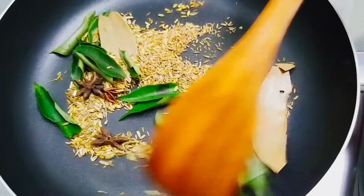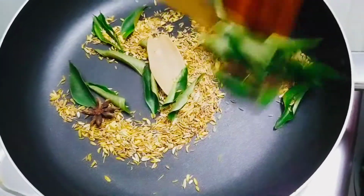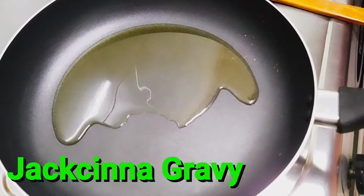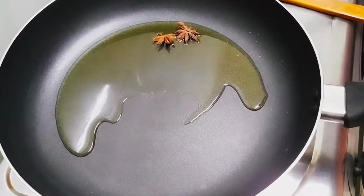Welcome to today's cooking. You are watching a courtesy cooking of Organic Veda and the recipe is Jackcinna recipe. So today you are seeing here cumin seeds, fennel seeds and all that are being mixed for a powder, star